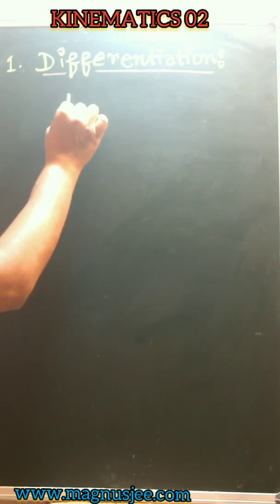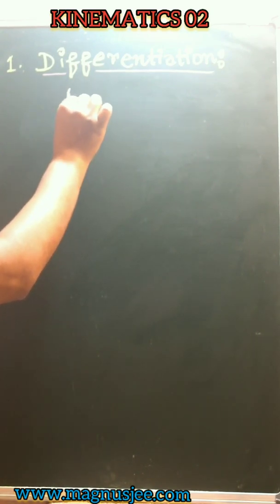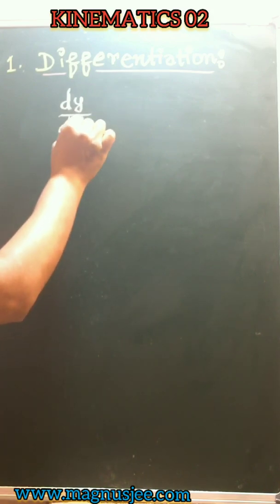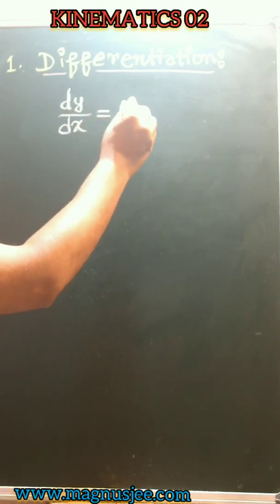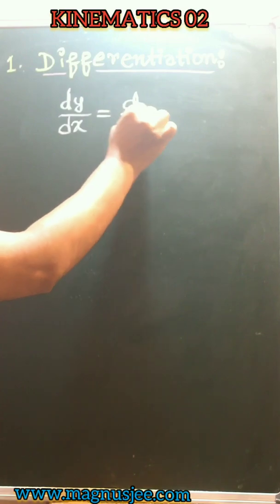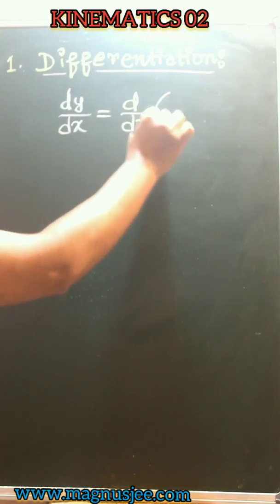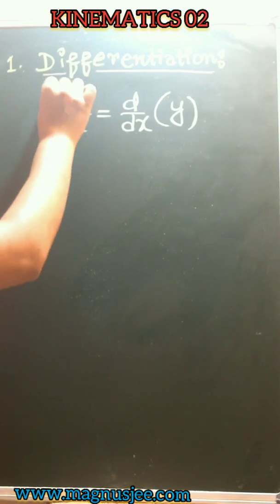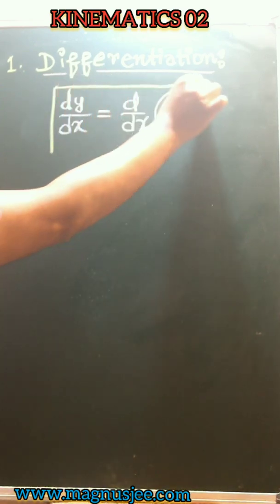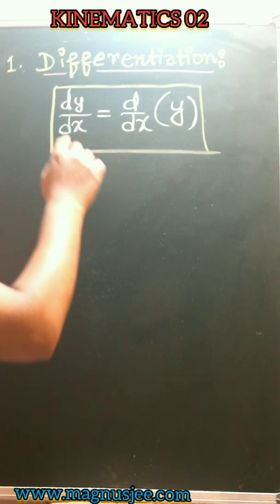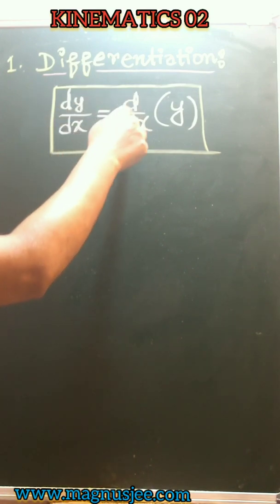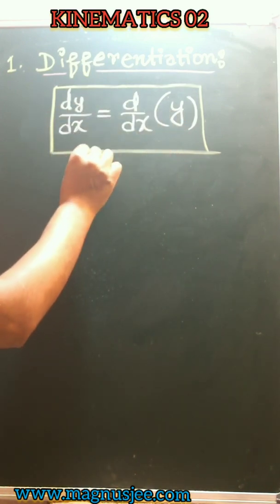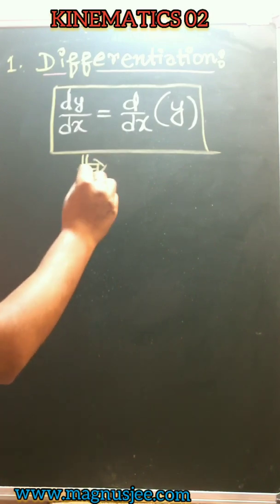Differentiation: dy by dx equal to ddx of y. D by dx means ddx of y, that is dy by dx can be written as ddx of y. Dy by dx equal ddx of y. This is what derivative of